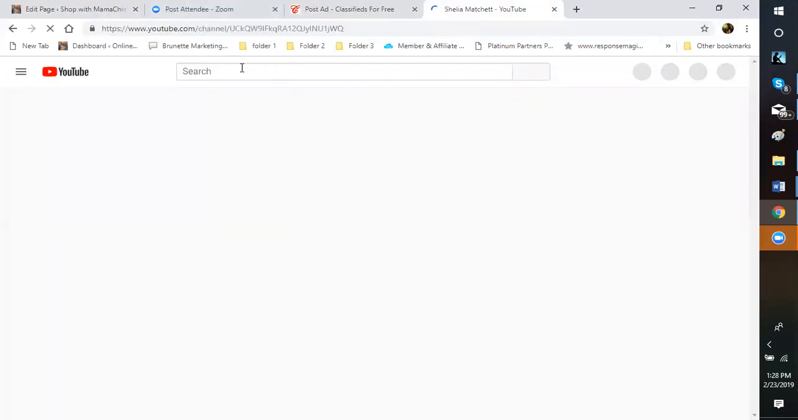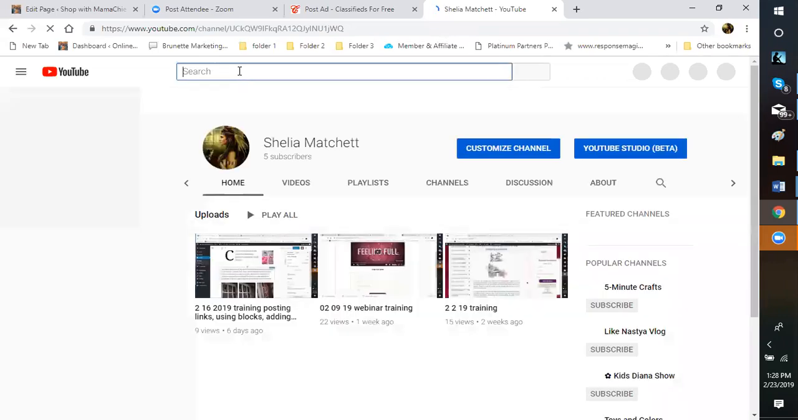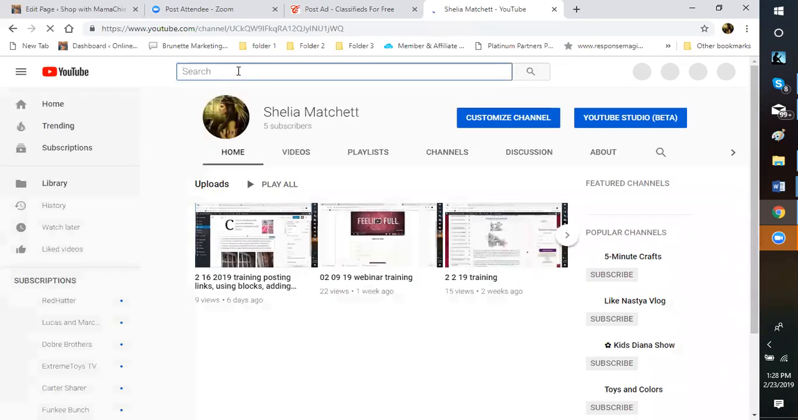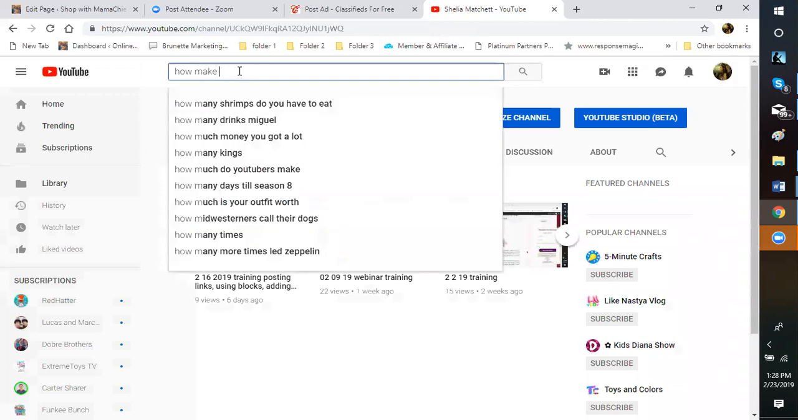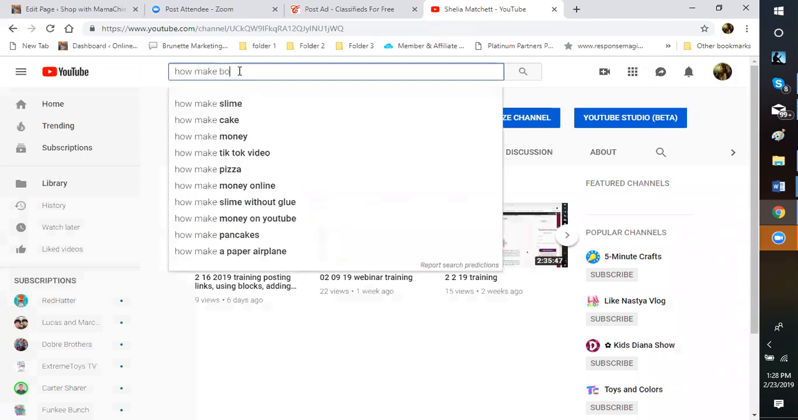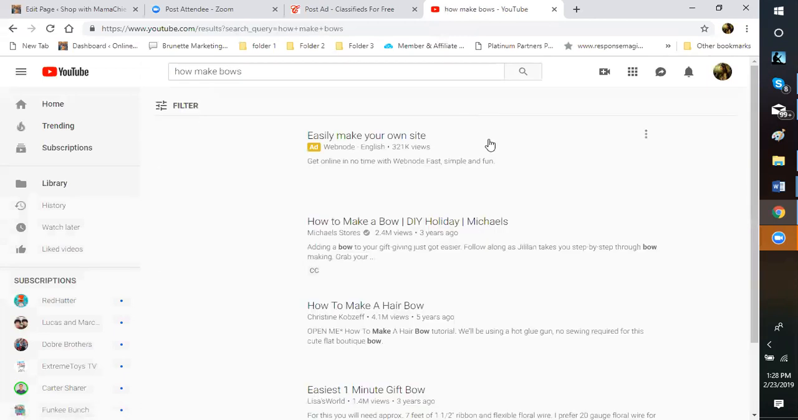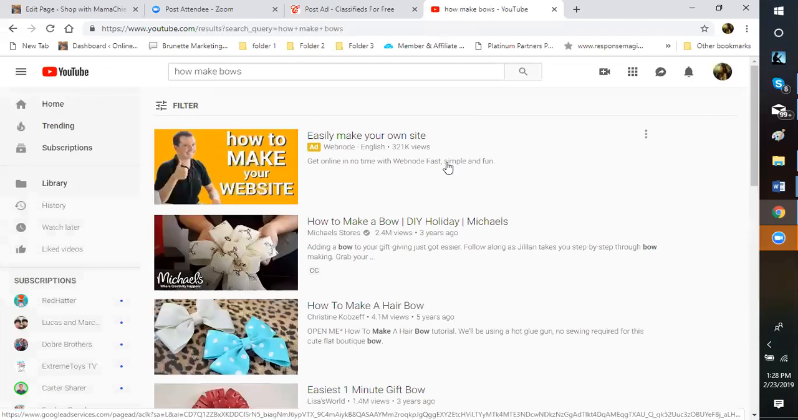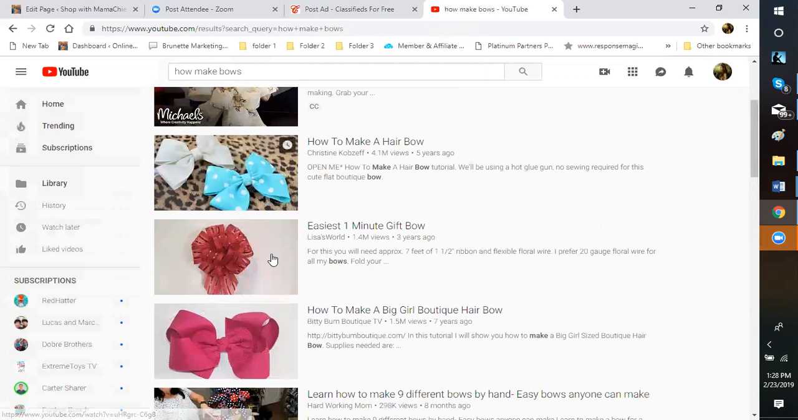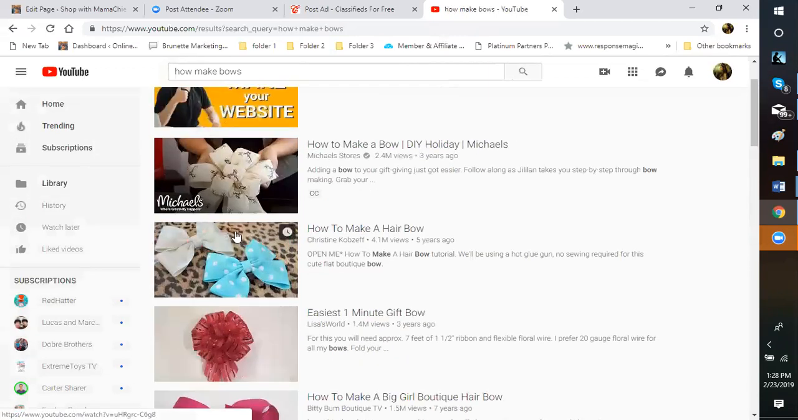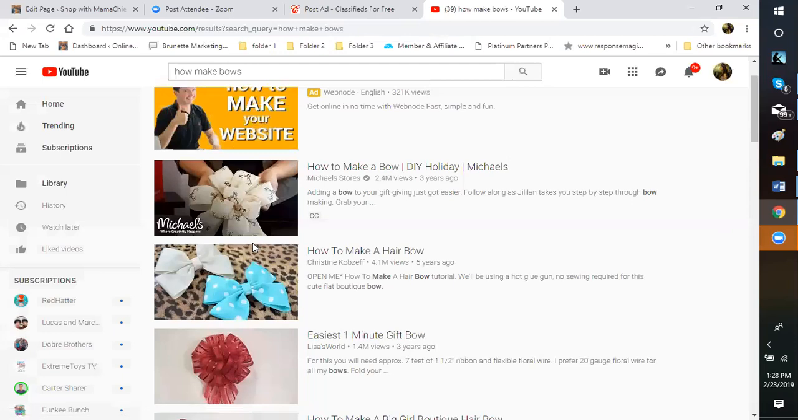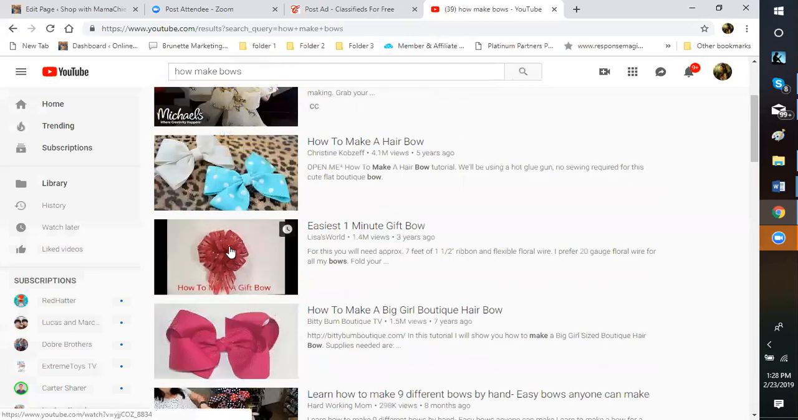So if you want to type in how, like with my DIY, I'm going to type in how to make bows. And so here's how to make bows. And then you can look for a short one or a long one. Always look at your time. You don't want to do an 11-minute video on your screen. So you will click on the actual video you want to watch, if you like one. And once the video starts playing, that's when you can